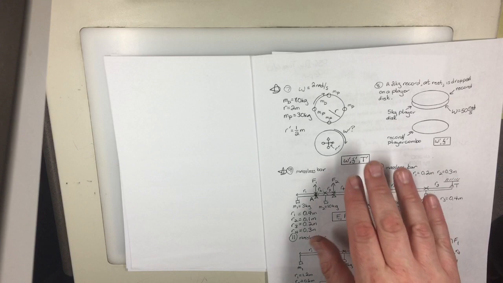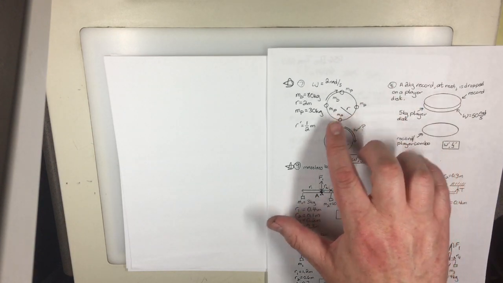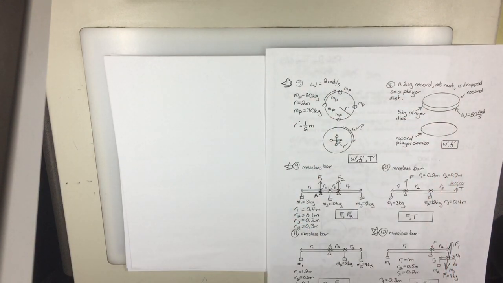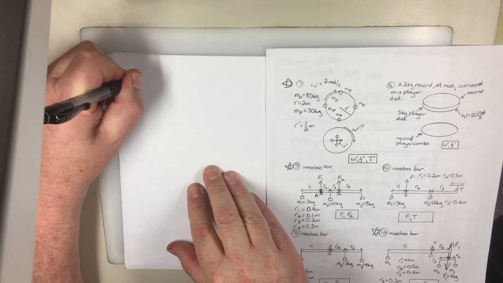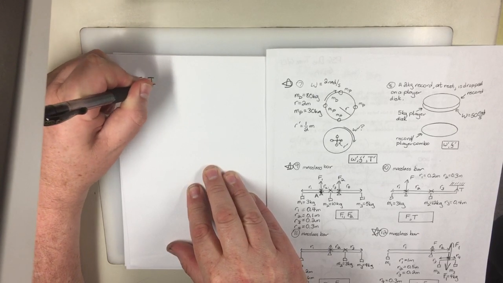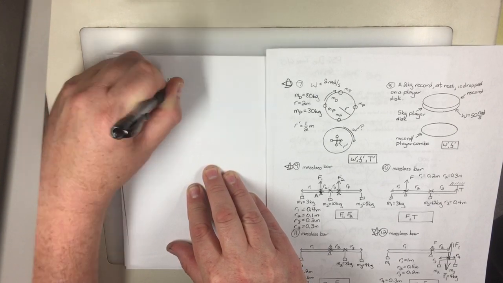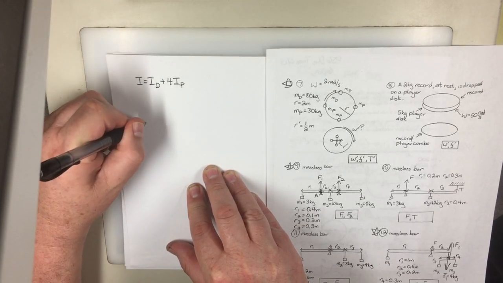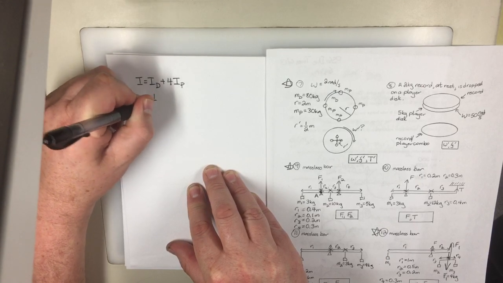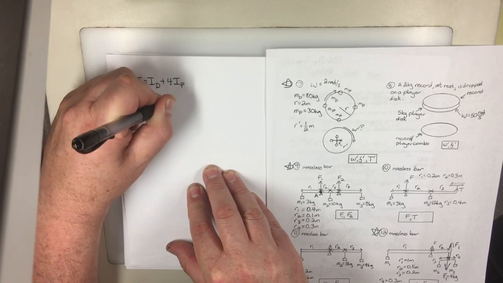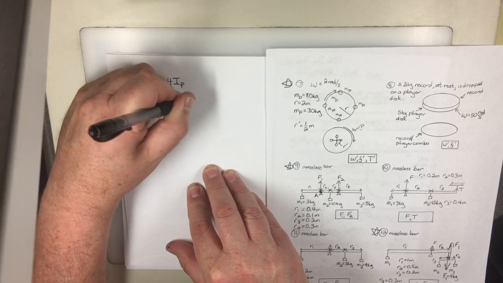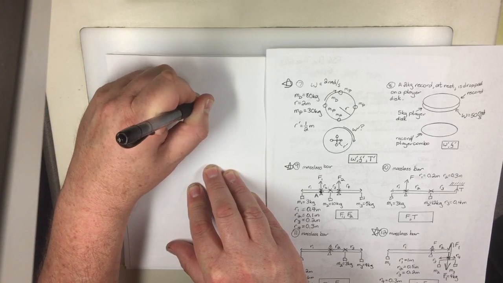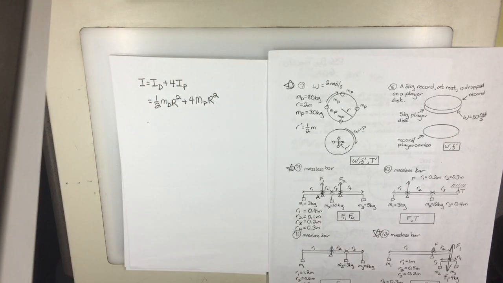For number 7, this is like the childhood playground problem. The moments of inertia change. Initially, the moment of inertia is the moment of inertia of the disk plus 4 times the moment of inertia of the point particles. This gives you 1/2 mass of the disk r squared plus 4 mass of the point r squared. That would be the initial